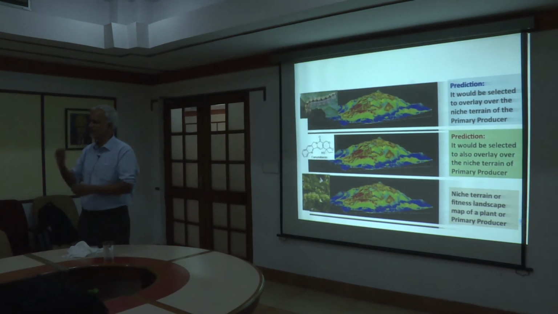So, you please go back to your genetics 101 or plant breeding 101. Where do you go to look for the genes for resistance for rust in wheat? Where? Wild, I know where. Where do you go to pick the genes for resistance to Phytophthora wilt for potato? In the native niche. You go all the way to South America to do the germplasm collection from the potato in that place, right, or the wheat in that place. And for that matter, for any crop, for citrus you go to Northeast India, right, for banana you go to